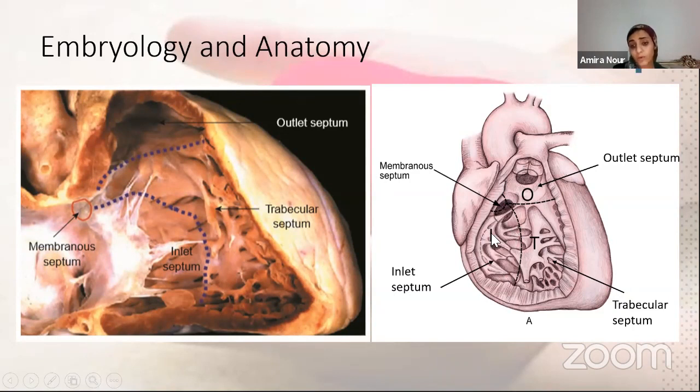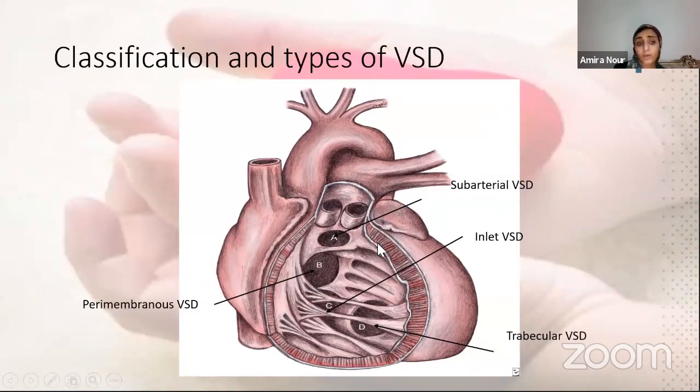The inlet is the smooth portion, which starts just below the annulus of the tricuspid valve till the start of the trabeculation, and then the outlet portion above the medial papillary muscle of the tricuspid valve. So these are the anatomical divisions of the interventricular septum, and accordingly, we will have